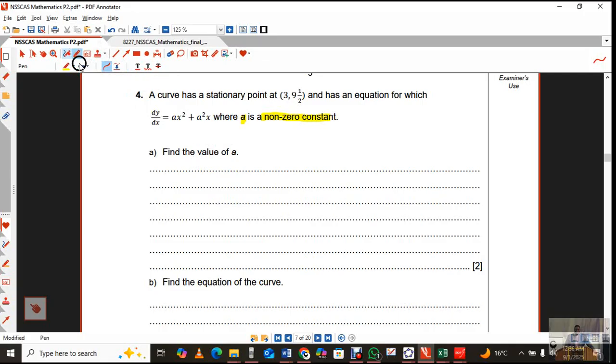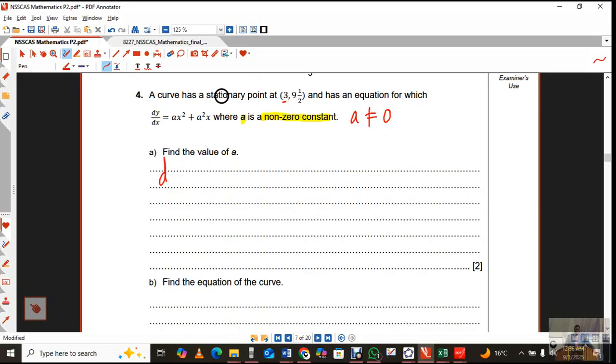So if we were to do something and we find that we get an answer of 0, then if we get a equals 0, we will not be using it because of this concept, because they say a is a constant but it's not 0. That's what that means. Now what you have here is the derivative, but then if you take the x value,